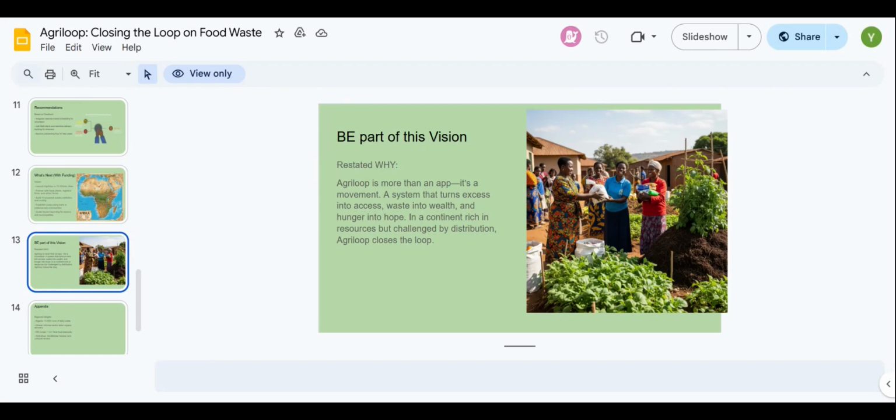So we believe that this is one of the solutions that will bring positive change to the continent and is in line with the Sustainable Development Goals. And it is something that can be achieved through corporate